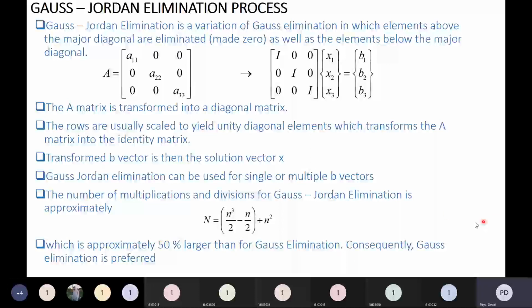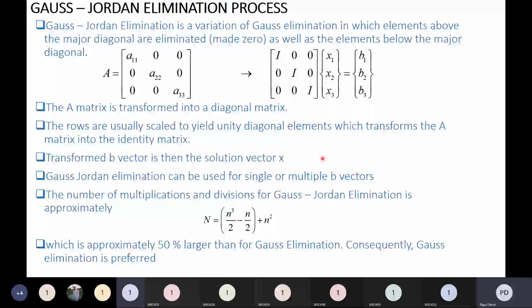Okay, so compared to Gauss elimination, this has more operations. Of course Gauss elimination is more efficient than this method, but we have to learn every method, so we have to learn this method as well. Okay, so I will explain the process, and then I think simultaneously you can solve the example as well.